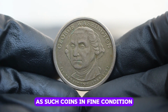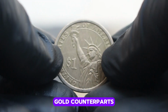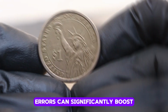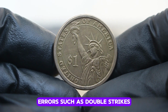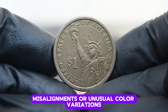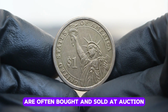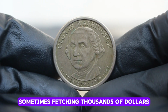As such, coins in fine condition are still valued higher than their non-gold counterparts, making them an attractive addition to any collection. As with many modern coins, errors can significantly boost the value of the George Washington presidential dollar. Errors such as double strikes, misalignments, or unusual color variations can turn a standard coin into a highly sought-after collector's item. Coins with these errors are often bought and sold at auction for far more than their regular counterparts, sometimes